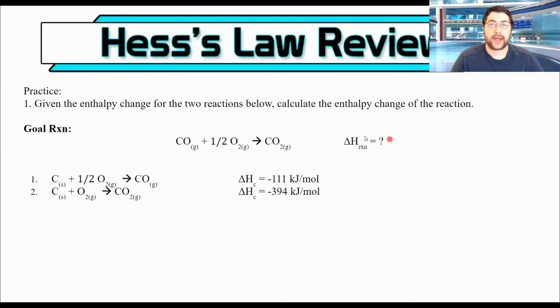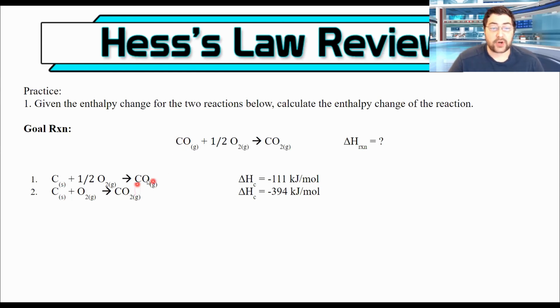a look at our goal reaction and then the two given reactions. Remember, we're trying to find something in the given reaction that is the sole source or the sole provider of that element or compound in the main reaction or the goal reaction up here. So let's see, I'm looking at carbon monoxide in the goal reaction, and I see carbon monoxide is in reaction number 1, but it's not in reaction number 2. So that means that reaction number 1 is the main source or the sole provider of carbon monoxide for this